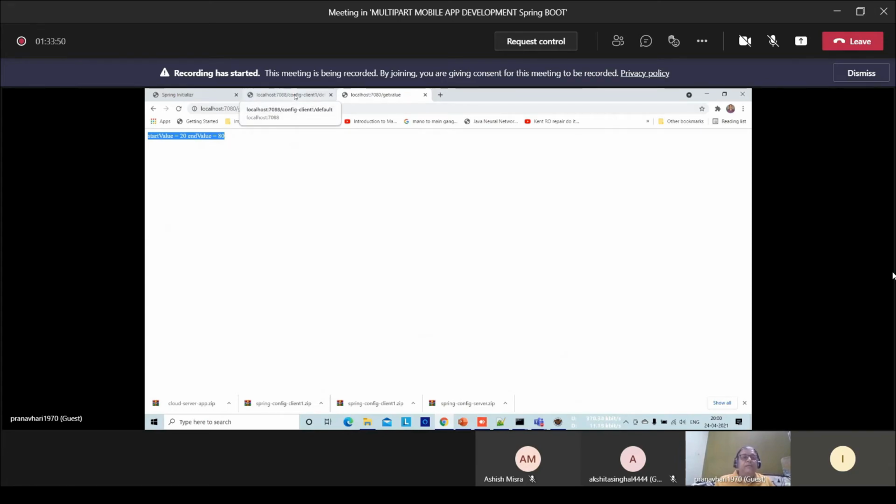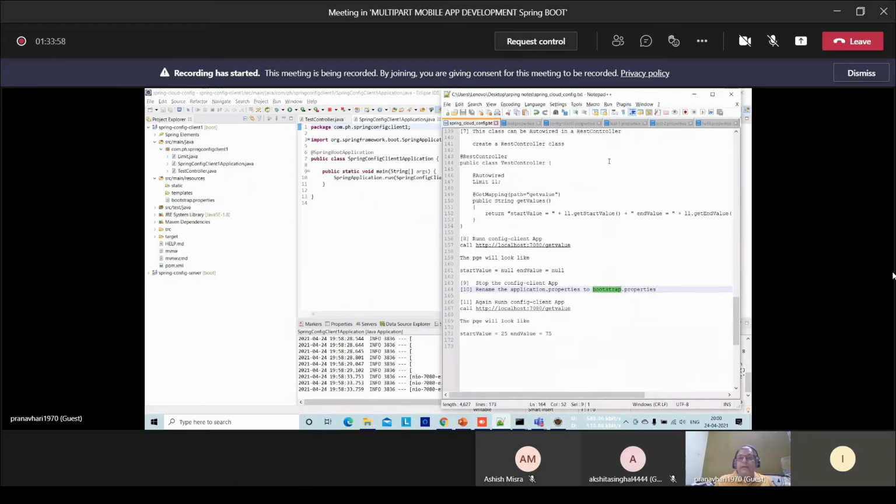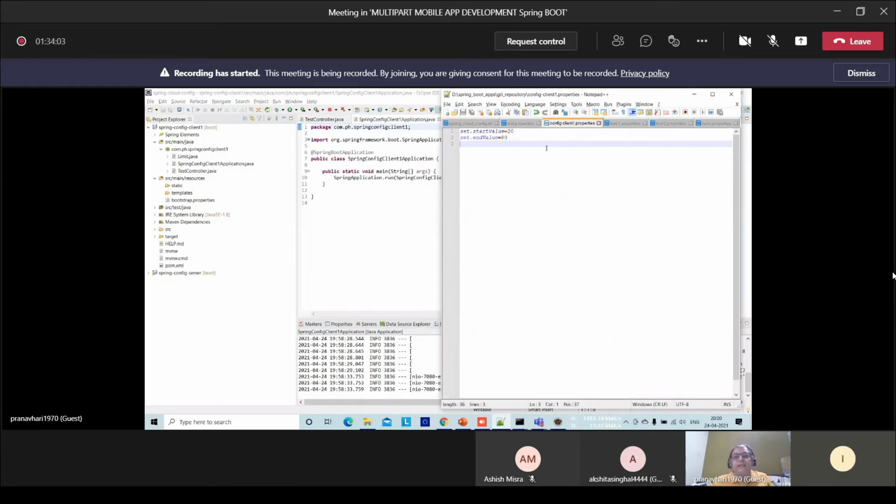Now, there is one experiment. Let's say I'm changing the properties file. Let's say the start value is 20 and the end value is 100, and save it.